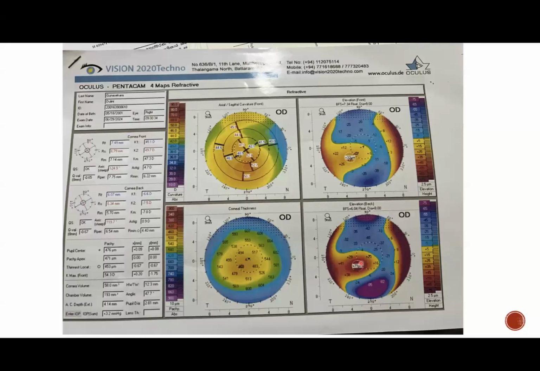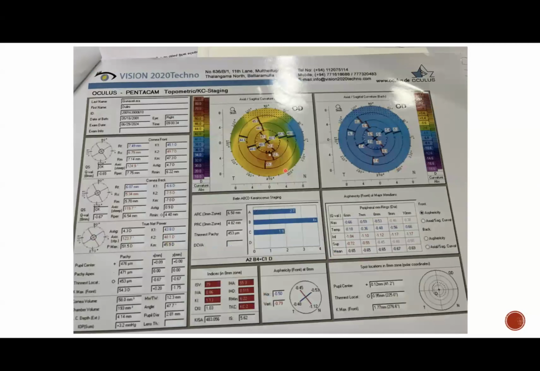And look at the second report. This actually calculated everything for us, but there are a lot of details. For example, you have the ABCD classification, but in clinical practice, you look at this data and look at this map. This says keratoconus. What's the level of keratoconus? This is a keratoconus level 2. So obviously it has done the job for us. So if it's keratoconus, that is keratoconus. Then actually you can work on that part.